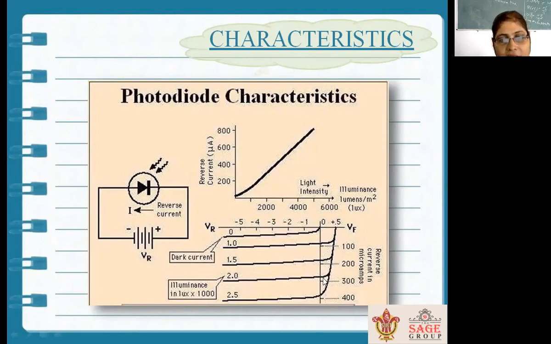That is, the light energy is converting into electrical energy. It means the more intensity of light that falls on the diode, the more electrons will take the energy and come out from the valence band and start flowing. Because of this, a comparatively high current will start flowing. So this is about the characteristics of the photodiode.